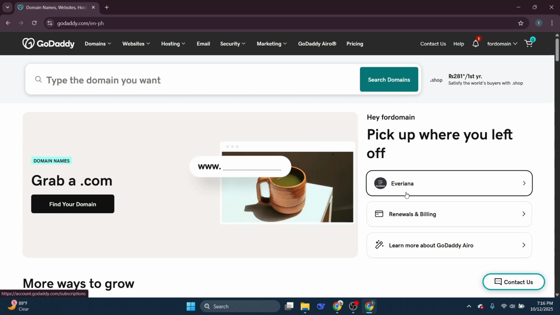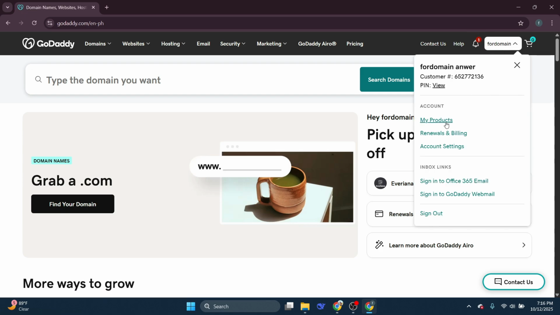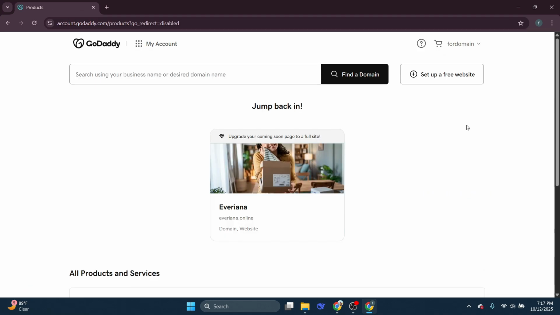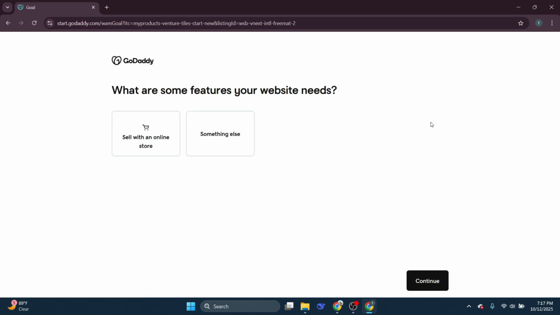Next, click on your profile photo again and choose My Products. This is where all your subscriptions and GoDaddy tools are managed. Now, look for the option Set up a free website and click on it. GoDaddy provides several website building tools, and many include free trials or basic plans, perfect for getting started without spending